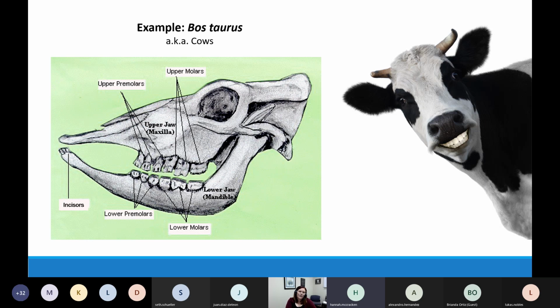But then look at the size of these molars. If you look in the back of a cow's mouth, not only do they have more molars than humans, but their molars are much larger than human molars. So when we're looking at cows, we can see that they must spend a lot of time grinding their food. Their anatomy is: look at all the molars. Their physiology is: I need to grind up my grass that I'm eating or my straw that I'm eating, because if I grind it and grind it and grind it enough, maybe I'll get a little tiny bit of nutrition